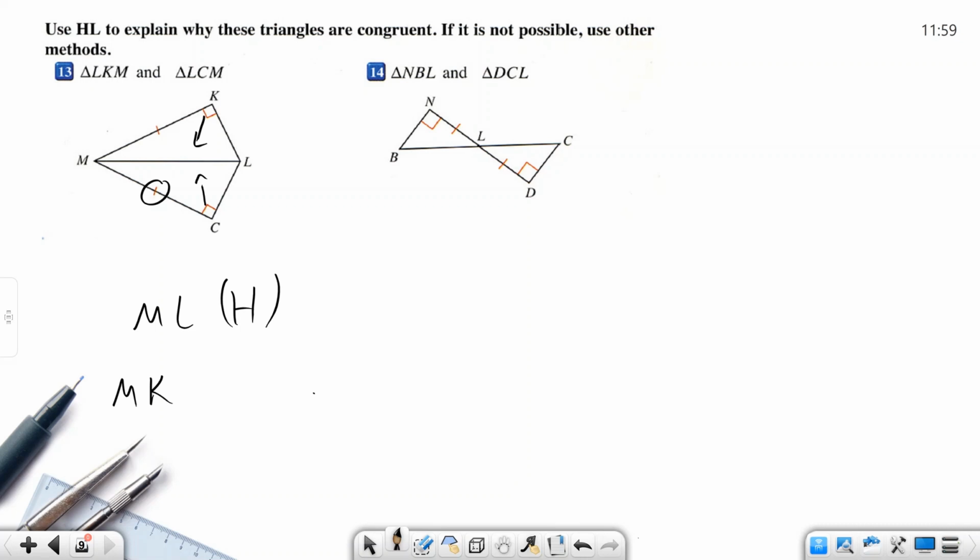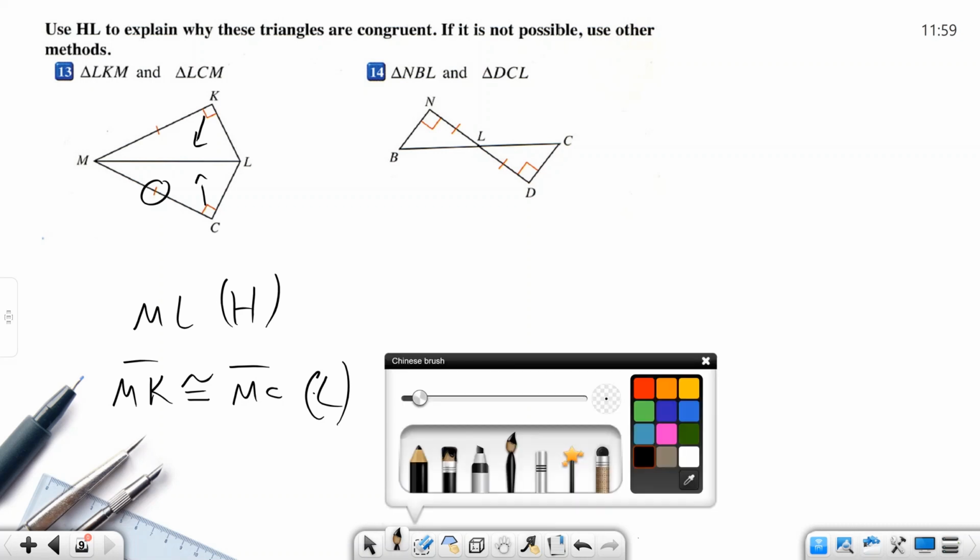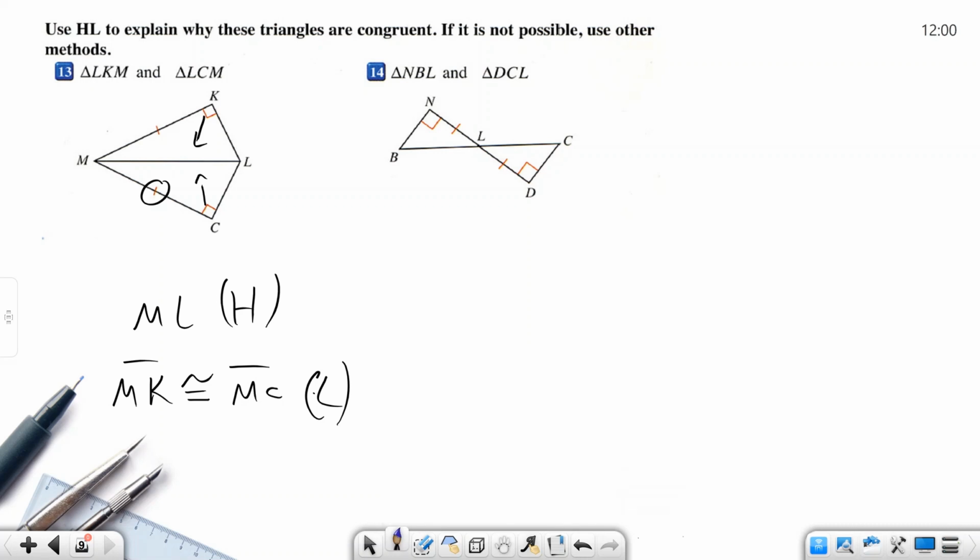It's a 90 degrees angle, right angle. So MK is congruent with MC. So this is hypotenuse leg. Because of the hypotenuse leg, it's congruent. Okay, in that one we can use angle side angle. Why? Because there is an angle here. This one,